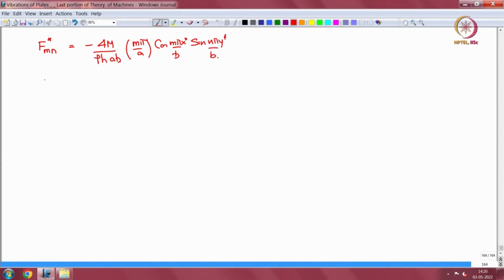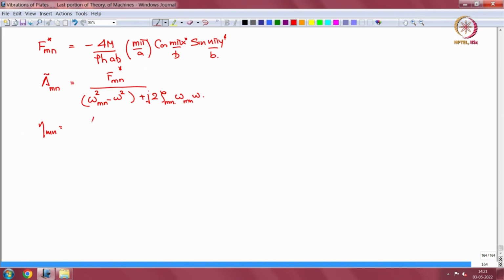Okay. Then of course gamma mn is f mn star divided by omega square mn minus omega square plus j twice zeta mn omega mn omega,